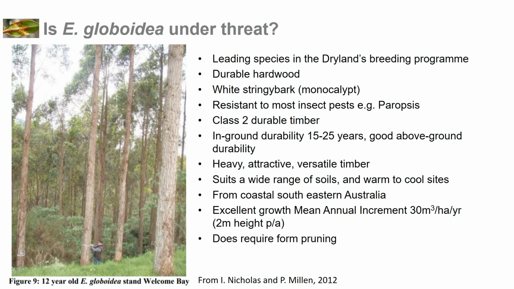It suits warm to cool sites and a range of soils and produces excellent growth rates with a really high mean annual increment of over 30 cubic metres per year. And it can grow 2 metres in height per annum. If you look in this picture, you'll see a little person, the measurer of this tree, being dwarfed by the just 12-year-old trees. The 2012 report from Ian Nicholas and Paul Millen highly recommended Eucalyptus globoidea as a tree for growing in the